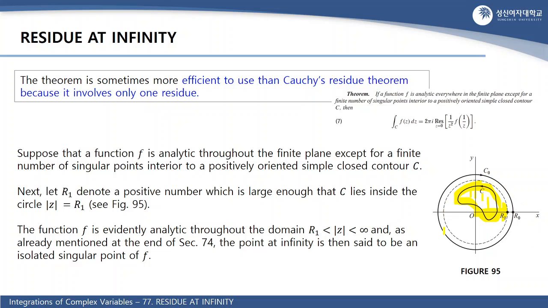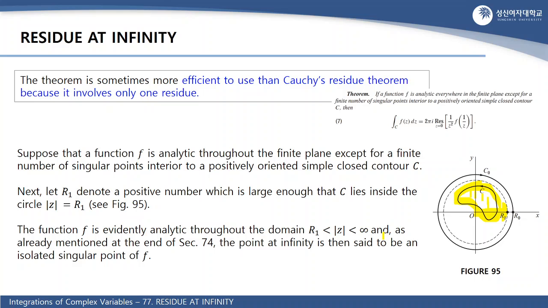You can see this figure here. Then we know that the function f is clearly analytic throughout the domain given by absolute value of z greater than R1 and less than infinity,